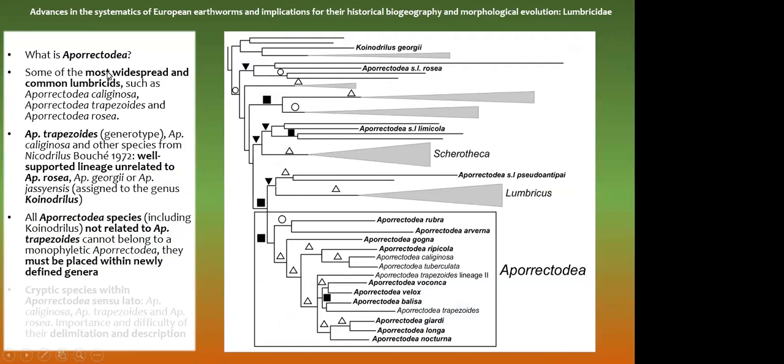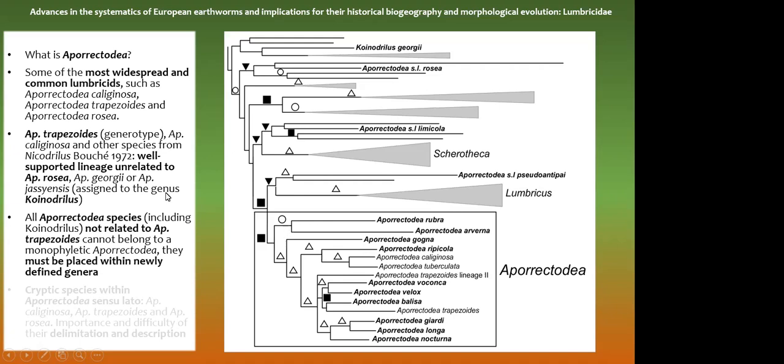Aporrectodea is another very troublesome genus, and it contains the most widespread and common lumbricids, which you may be familiar with, such as Aporrectodea caliginosa, Aporrectodea trapezoides, or Aporrectodea rosea. When we applied molecular phylogenetics, we found that Aporrectodea trapezoides, which is the type species of the genus, Aporrectodea caliginosa 2, and other species which were placed by Marcel Bouché into Nicodrilus, form a well-supported clade, seen here,